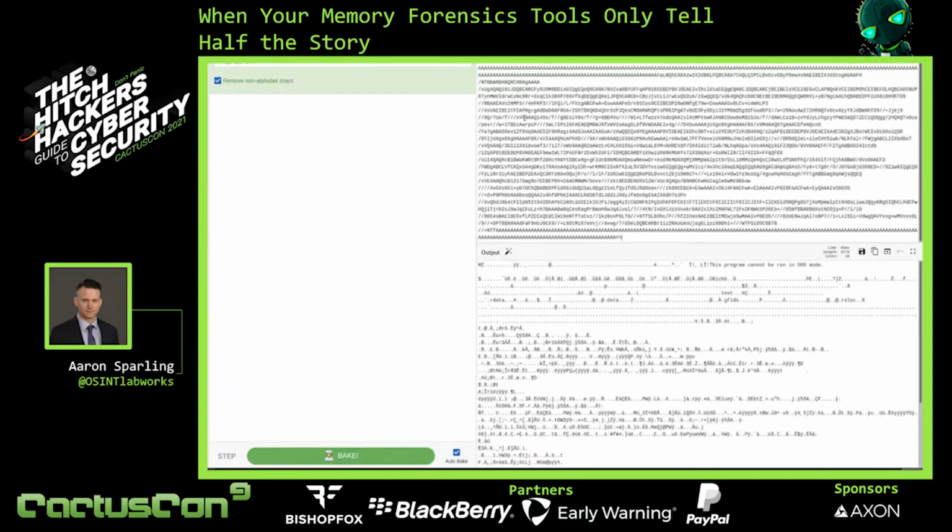So I've placed it in CyberChef, and using the From Base64 as my decoder, I've decoded the output, and we see the presence of what might be an MZ header or a PE file. We see something that resembles a DOS stub, where it says this program can't be run in DOS mode. Reference to PE, we don't know if that's just by chance or if that's actually a portable executable. But as we start to look a little bit further, it looks like legitimate headers or sections within a PE header, right? So like the read-only data, the data section, the text section, and the relocation section. And immediately below that, we see a bunch of just